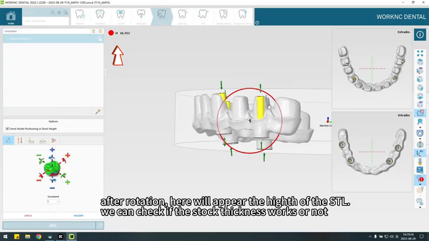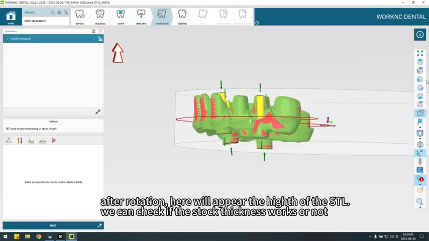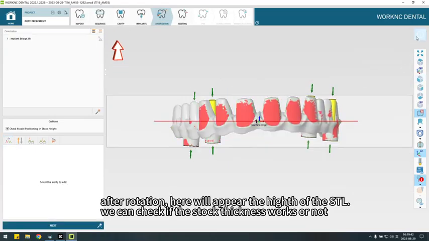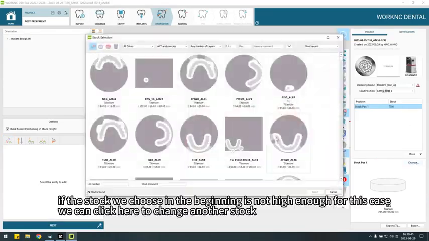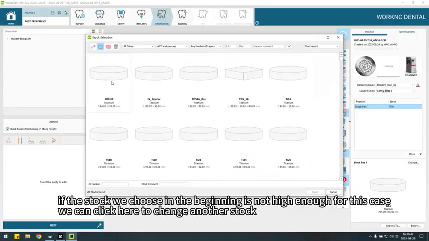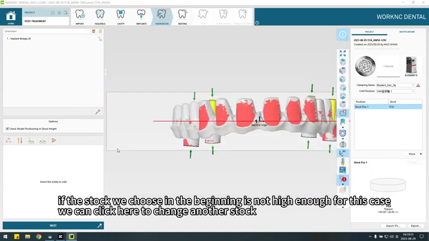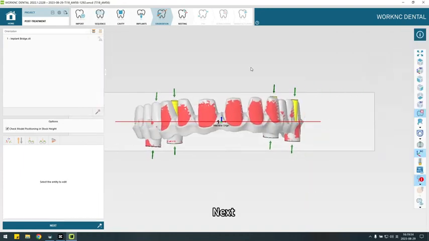After rotation, the height of the STL will appear here. We can check if the stock thickness works or not. If the stock we chose in the beginning is not high enough for this case, we can click here to change to another stock. Next,